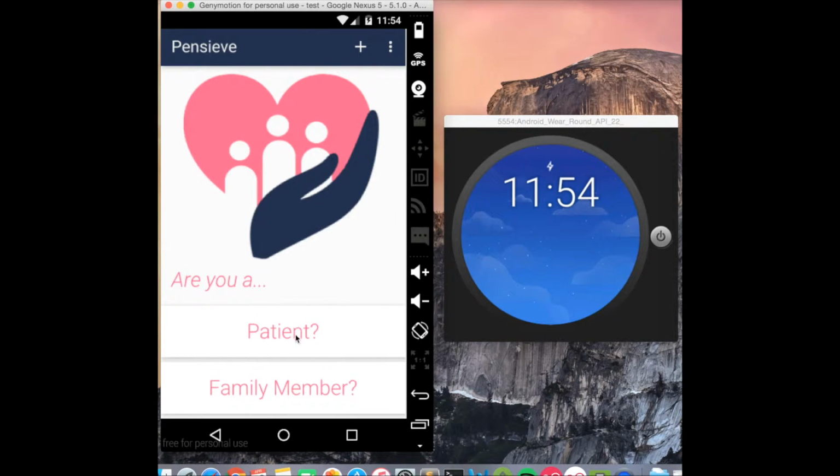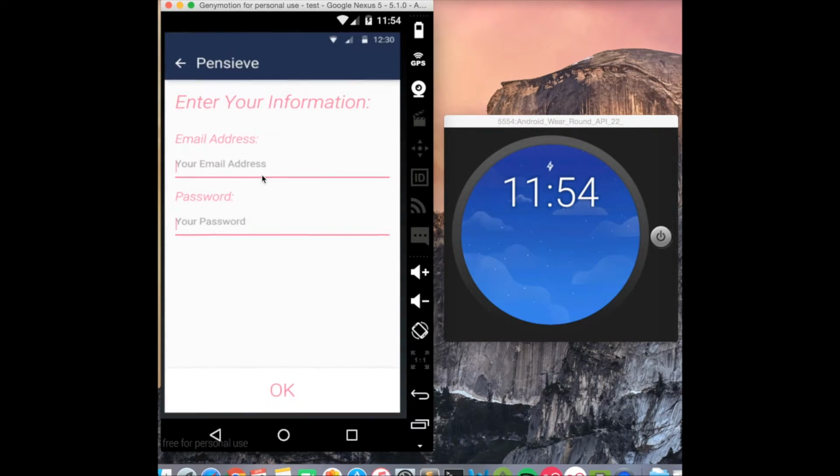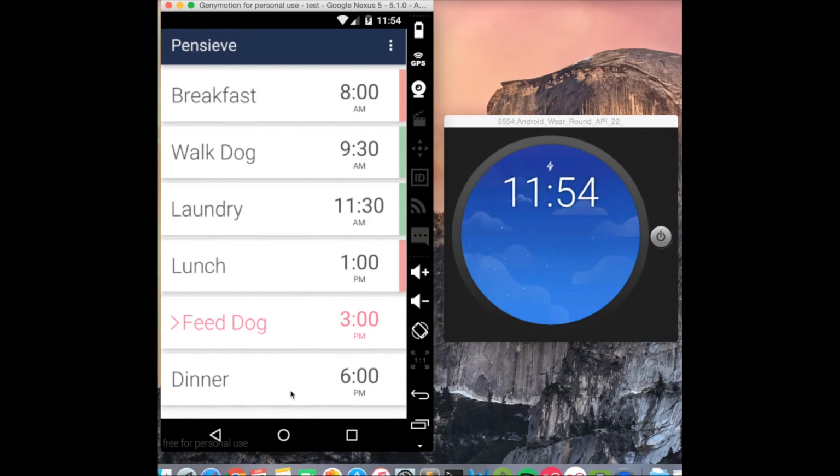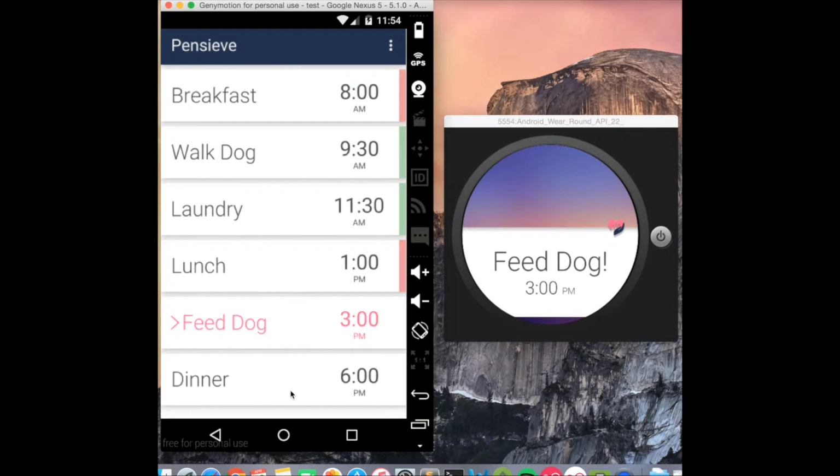And so let's say you're the patient and you load the screen, and let's say you forgot to do it. The default time here is 10 seconds. So let's say after 10 seconds, the watch will notify the patient, like this, saying that, hey, don't forget to feed your dog. So you swipe left